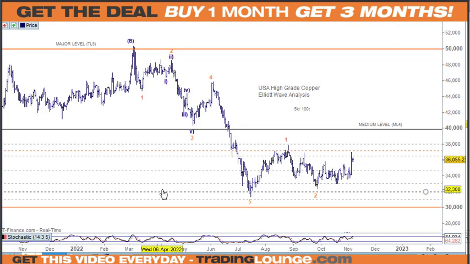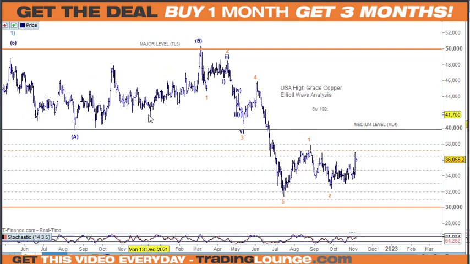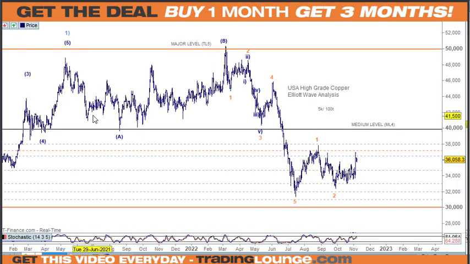So with copper here, I tried to do my best to look at this in different ways. Basically, if I take this top here, just there, I can go 1 and 2 and 3, 4, 5. So I can get 5 waves from that point. This is not very nice as a 5-wave structure here. You can see how spiky this is, and I just think that all of this here, if I took the spike away,